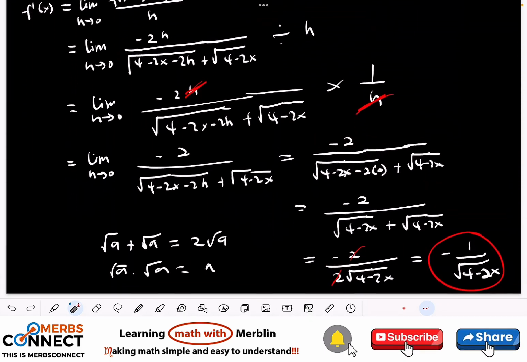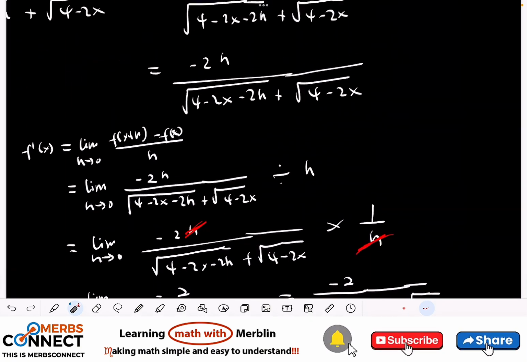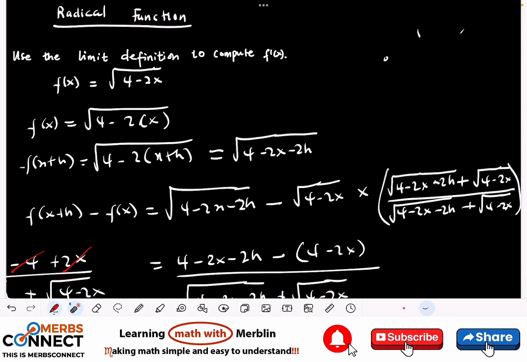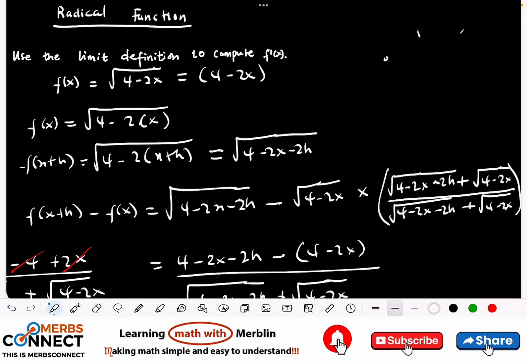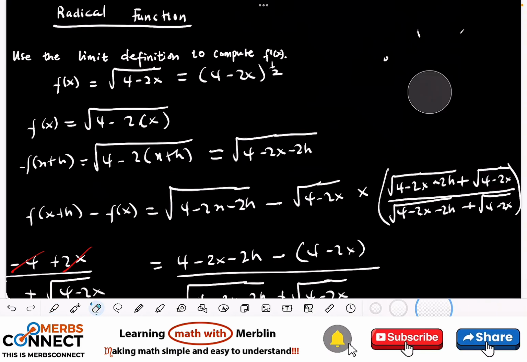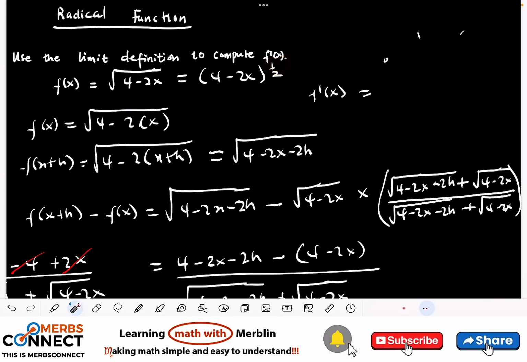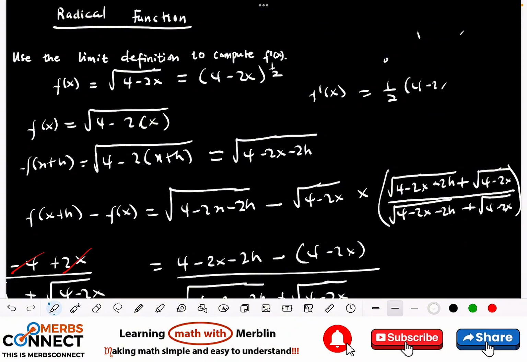So the idea is that when I'm done using the limit definition, I should be able to confirm by using direct differentiation. So let's do that. This one can be written as 4 minus 2x to the power 1 over 2. Let's use the chain rule to do that. What are we going to get? f prime of x. First, I'm going to apply the power rule. So half drops down, 1 over 2 drops down. Then I have 4 minus 2x to the power